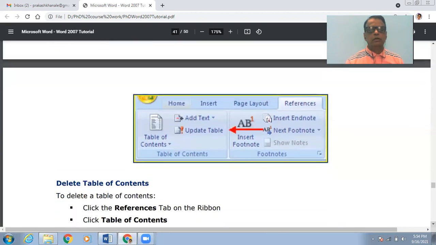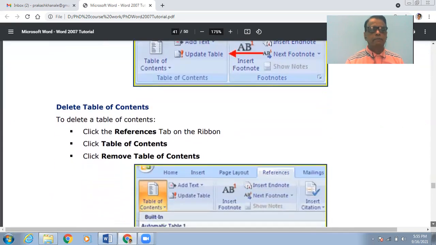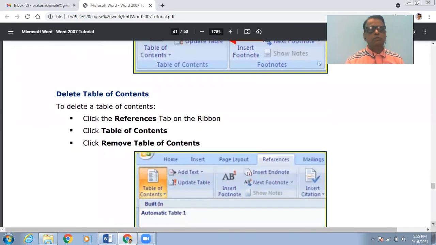As shown over here, besides this Table of Contents menu, there is another menu available for updating. Once you click on this update, the entries in the table of contents get automatically updated.